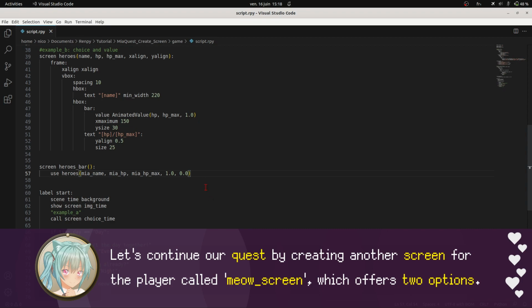Let's continue our quest by creating another screen for the player called Mayo_screen, which offers two options.